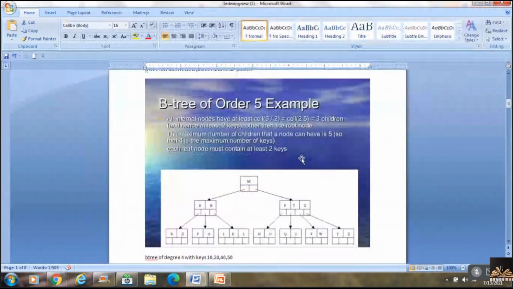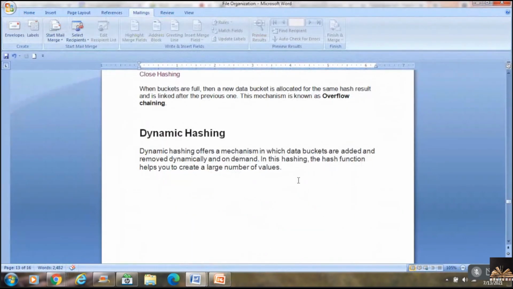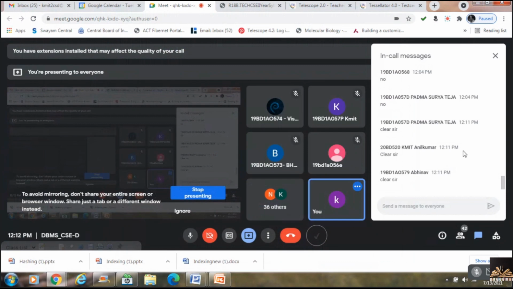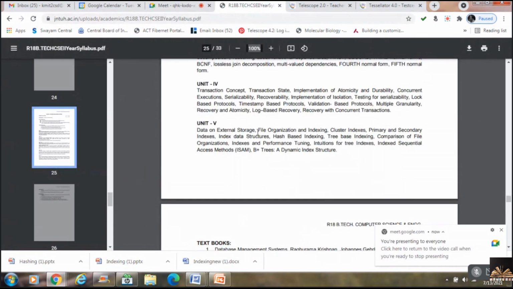Okay. So an example on dynamic hashing, and then the concept of B plus tree with an example, I'll tell you in the next class. So do you have anything to ask? Unit 5, file organization, has started. Primary, secondary indexes, index data structure I've shown you, hash-based indexing.